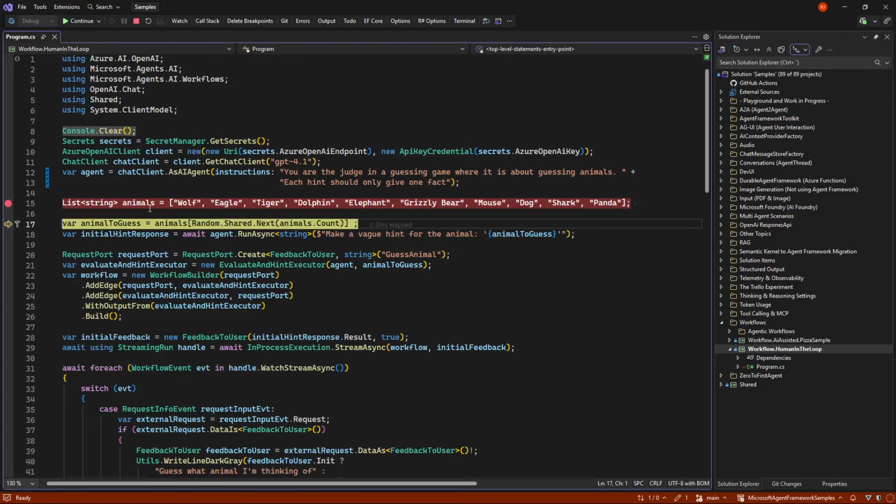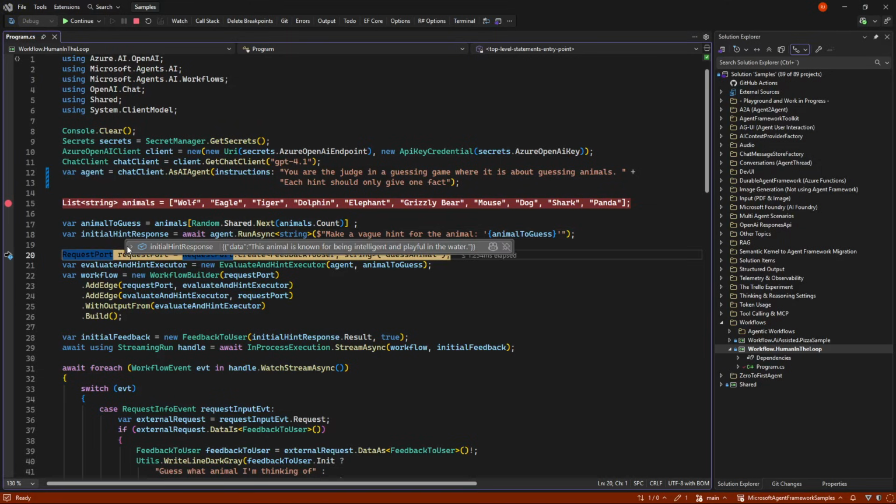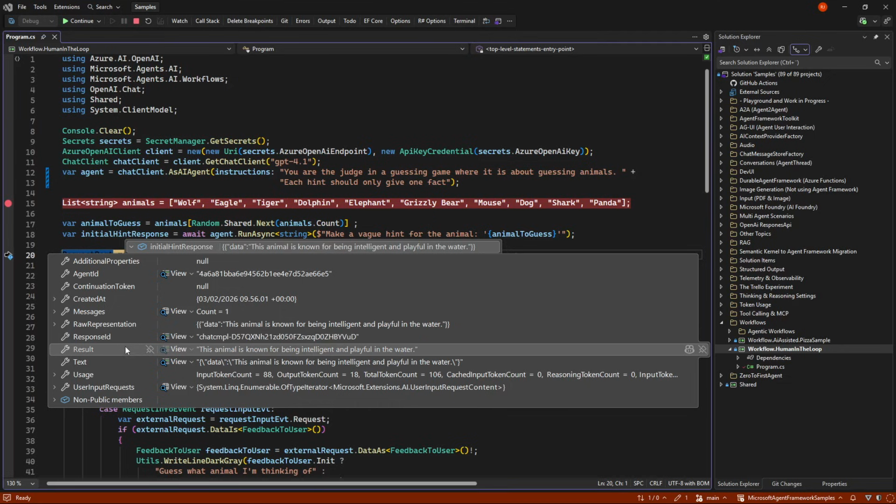So we get our agents, we get our animals, and the animal we want in this case is a dolphin. So we want the initial input here, and in that case, the result was: this animal is known for being intelligent and playful in the water.